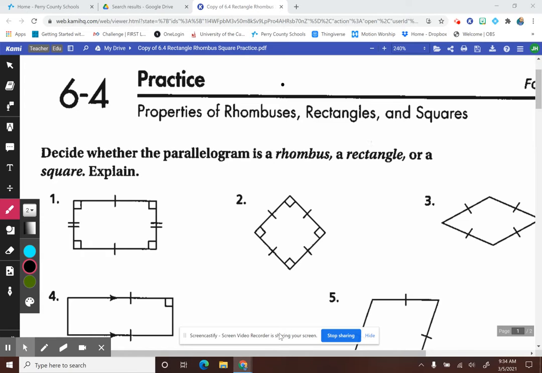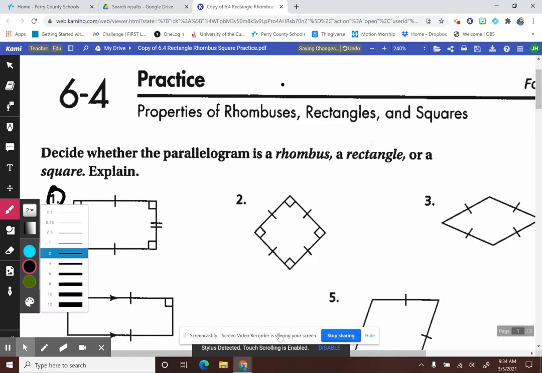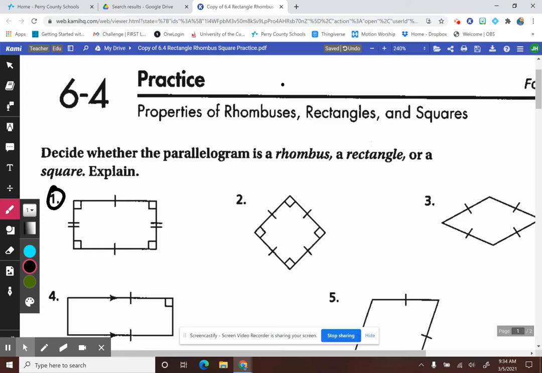Again, this first part can really help you with the characteristics. If you understand the characteristics of each figure, then it's really going to help you with this process. So first, let's talk about number one right here, and you'll understand that it is a rectangle, and there's a reason. You'll note that it says that all of these are parallelograms. So a rhombus, a rectangle, and a square, they're all parallelograms, but they are special parallelograms,